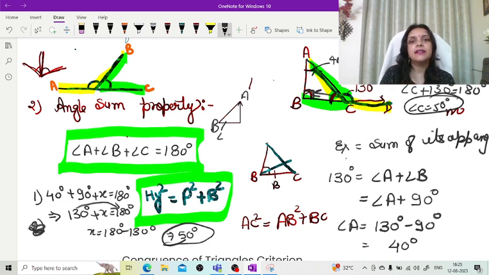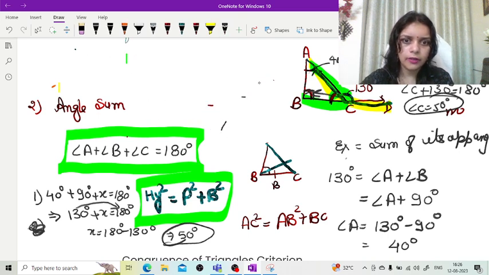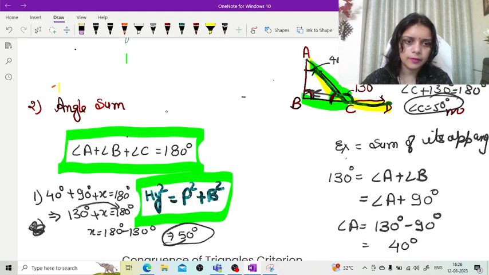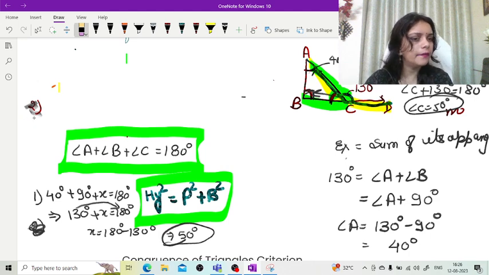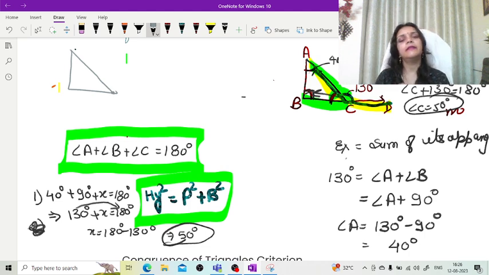One more property is there, that is called Pythagoras theorem, that we have discussed, right? But now we are discussing the application of Pythagoras theorem. Okay, I'm rubbing this one. Now we are going to discuss Pythagoras theorem. This is fine. So suppose this is the figure, right? This is the figure.